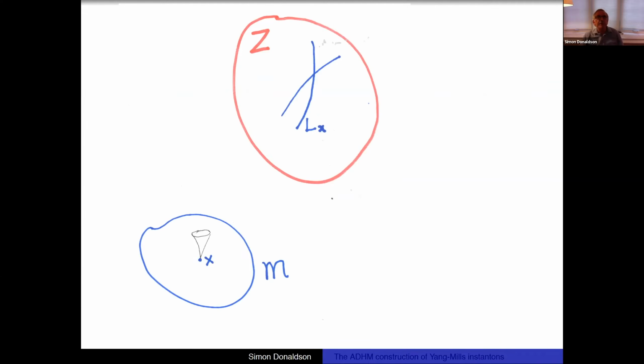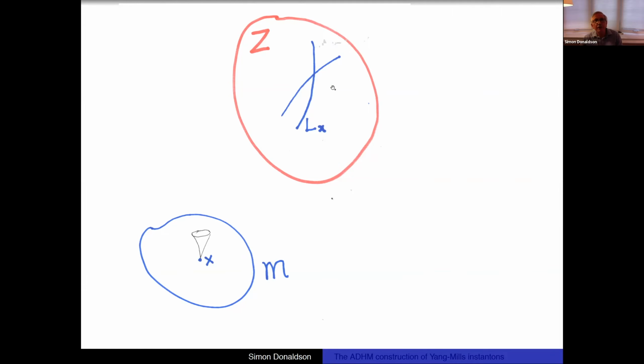Now this picture here is supposed to illustrate some of that. This is Z. We have lines there. Each line Lx corresponds to a point X in our four-dimensional complex manifold M. A more geometric way of expressing what we just said is that if we look at infinitesimal variations of X, the null variations with respect to our quadratic form just correspond to the variations of our line into a line